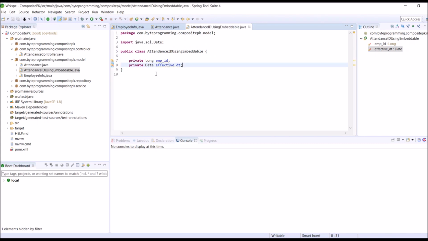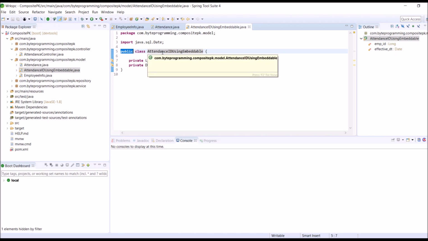There are a few basic rules required for a composite primary key class. First rule is the composite primary key class should be public in nature. So if you see here, this class is public in nature. Second rule says the composite primary key class should implement Serializable. Let's add Serializable.